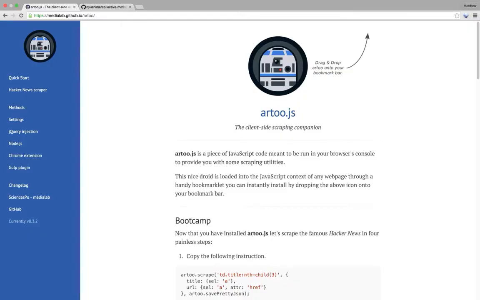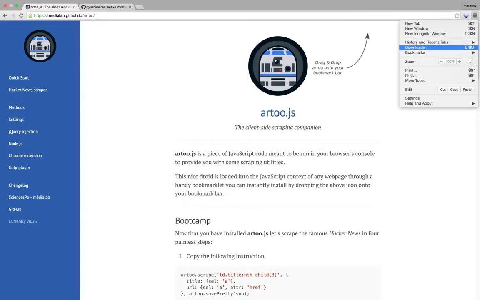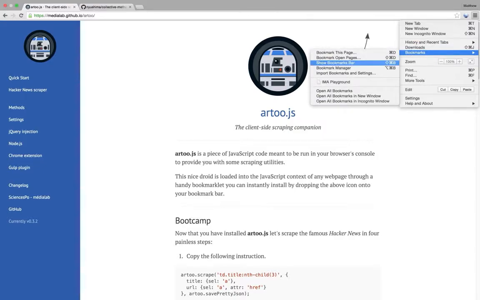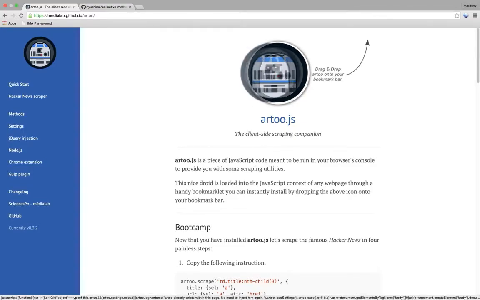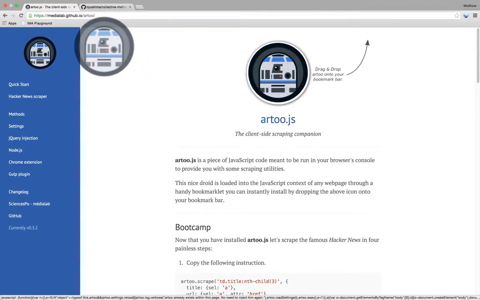So to get started with Artoo.js, the first thing you need to do is go to the website and activate your bookmarks bar. Assuming you're working in Google Chrome, what you need to do is click on the menu on the upper right hand side and select Bookmarks, Show Bookmarks Bar. You can now add Artoo.js to your bookmarks bar by clicking on this giant icon of R2D2 and dragging it